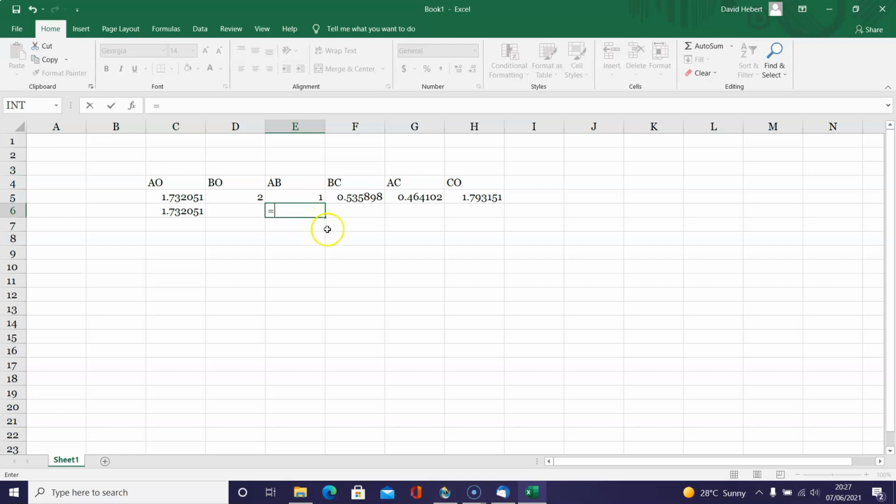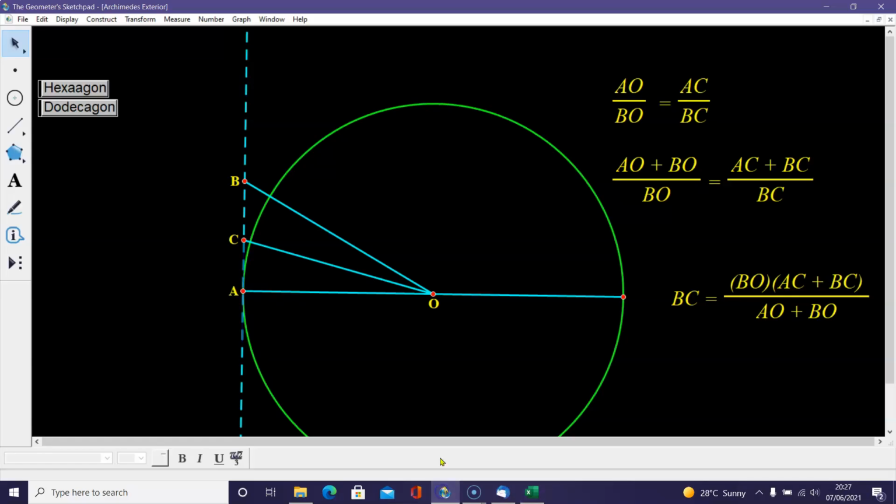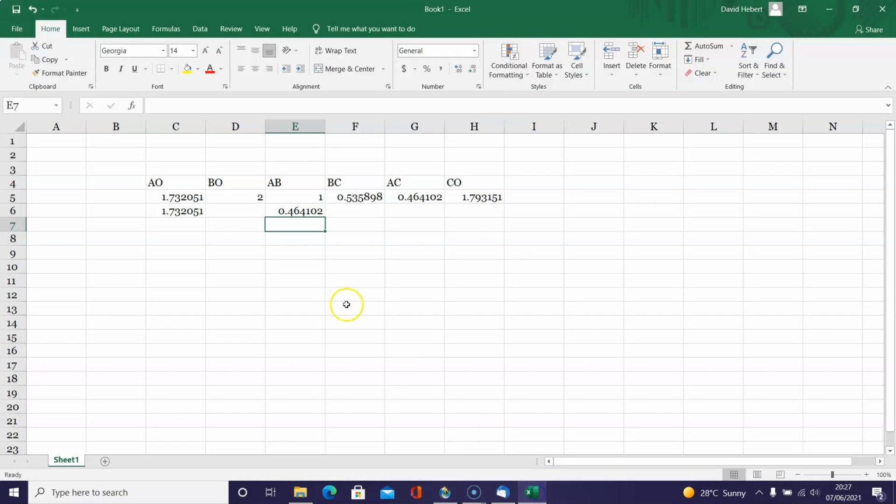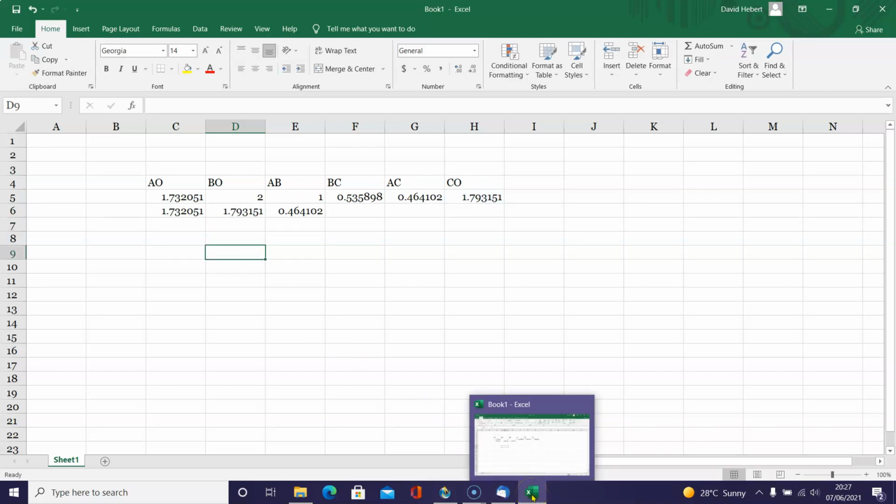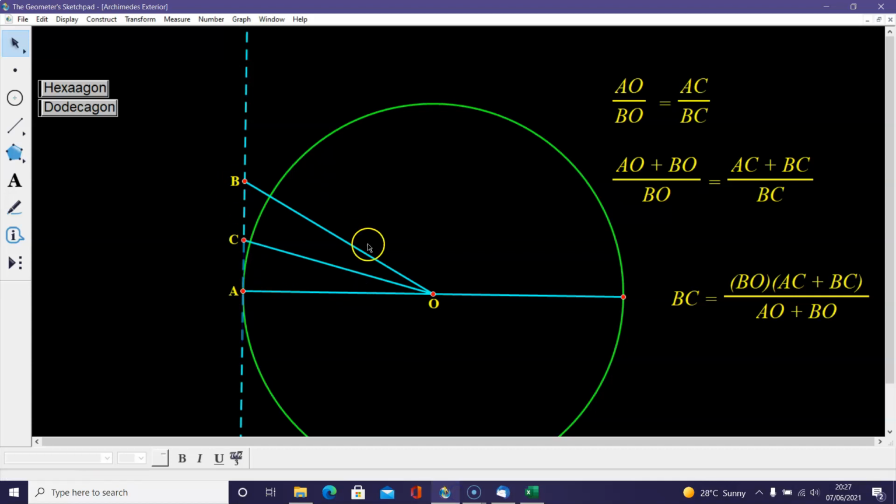It's going to be the value that we got for A to C. O to B, or B to O, is now going to be replaced with C to O. All right, so I'm going to come here and we're going to say, all right, that's going to be C to O. And what I have done is I've basically said, hey, I'm doing nothing more but updating my information,